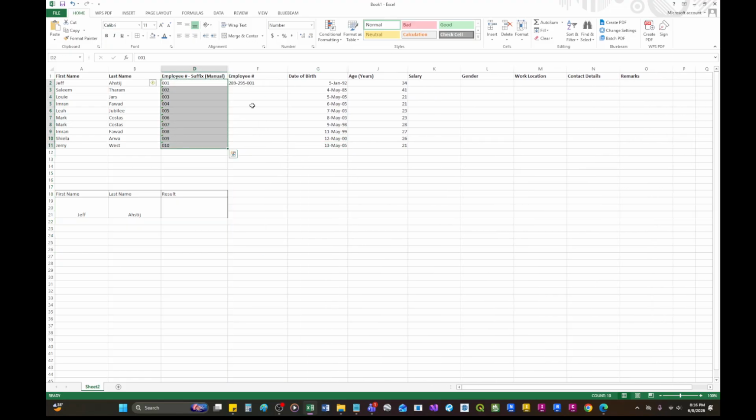This is how it will appear. 001, wait, let's make this a text. 001 and then 002. Let's drag this down. So now the employee number is automatically created. If there's no value, what will appear is NA, not applicable.